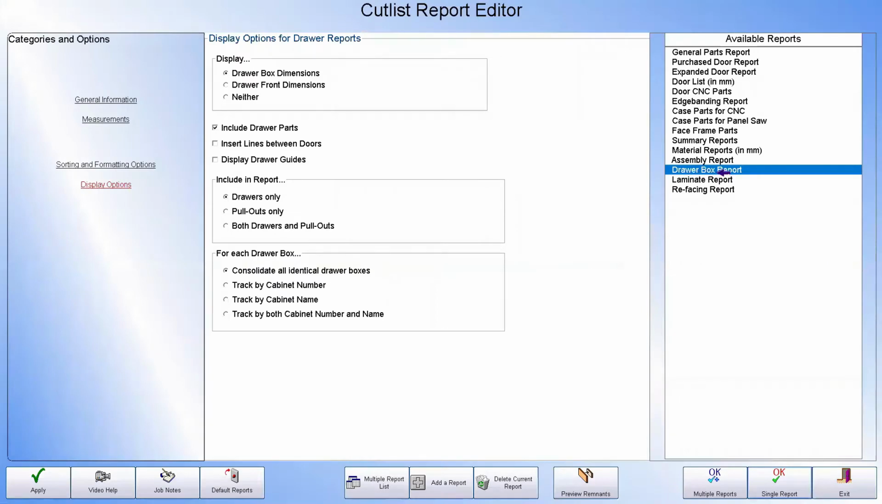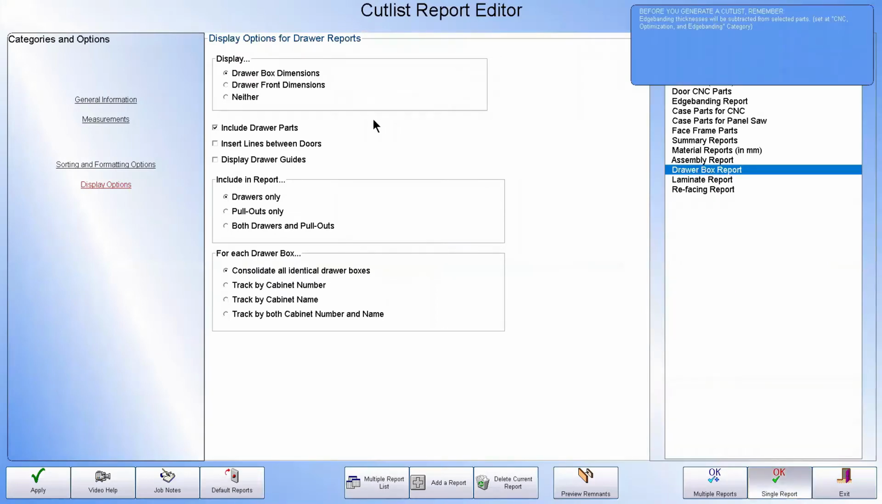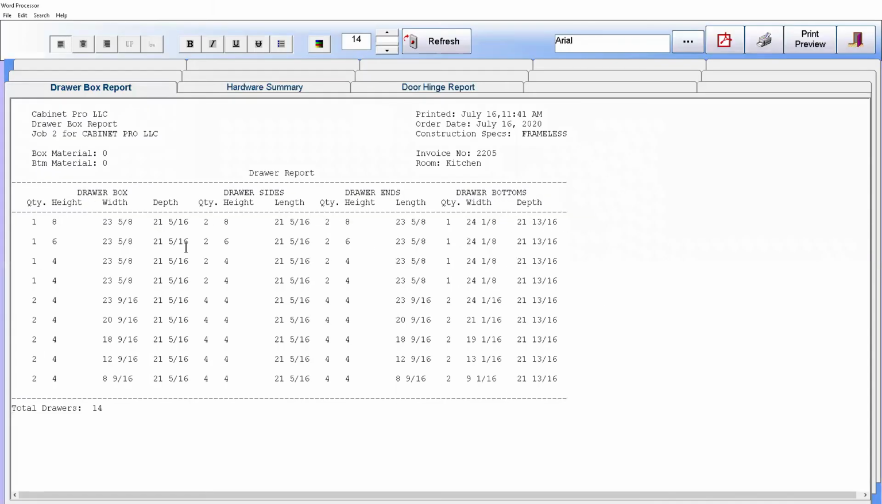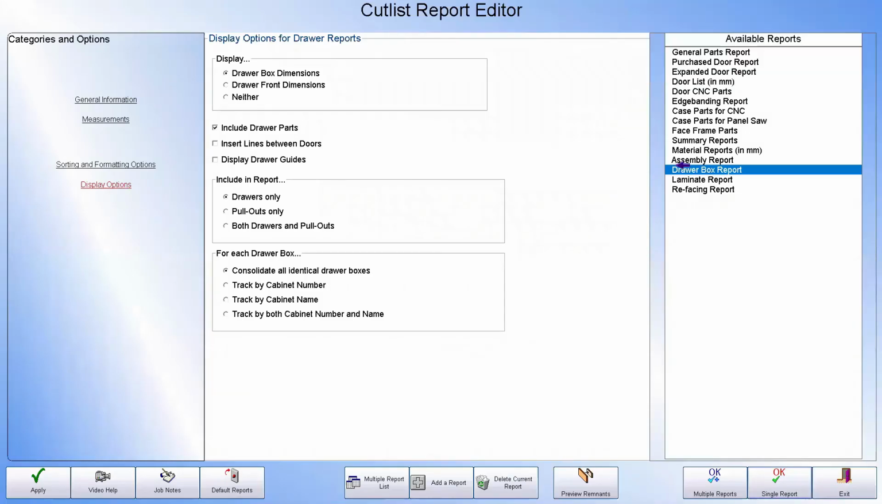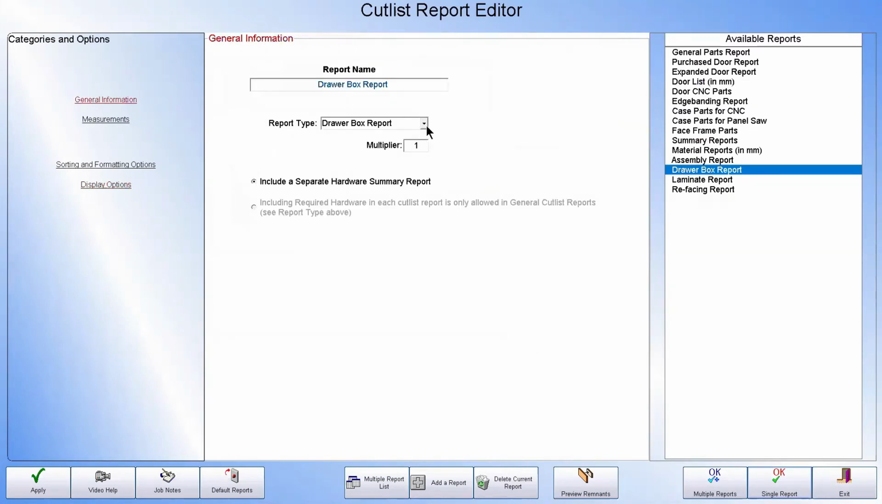And now we have a drawer box report. If we look at the drawer box report, we can see our drawer box sizes and all the various dimensions of each of the parts. However, if we generate any general Cutlass report, we have door reports, drawer box reports, and general Cutlass reports. Any general Cutlass report that we make, and also door reports,